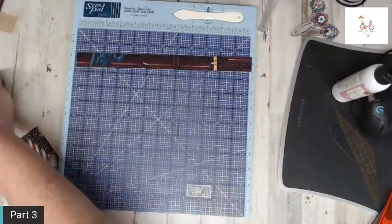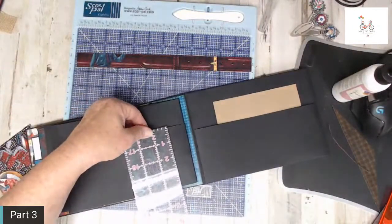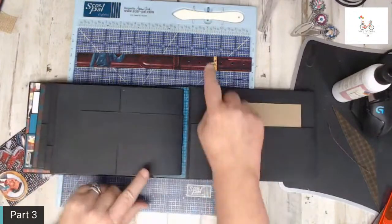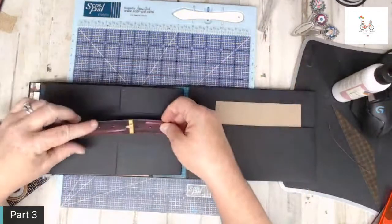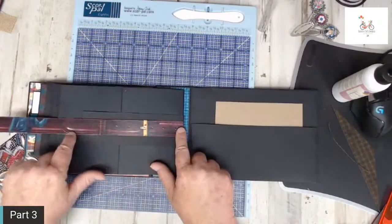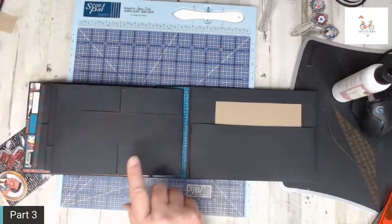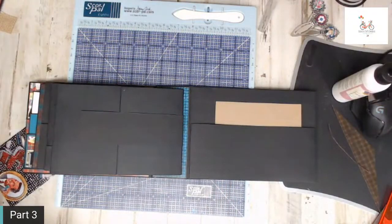It will be double matted. And 2 inches. So I need this. I'm not worried about the size at all, because see, it's just going to go down the center. Well, I need to change my blade. It'll go down the center. So you can either mat it with the same